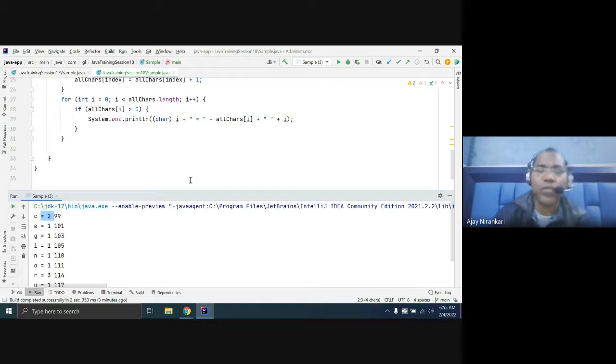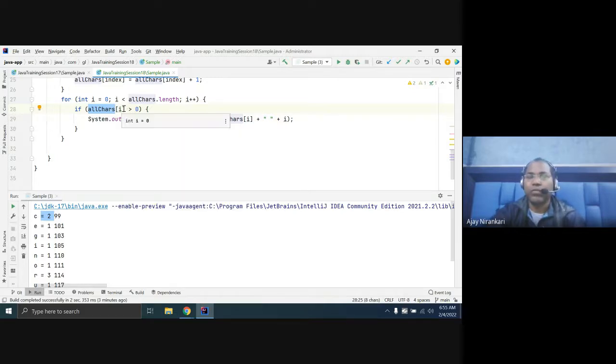Here also I have multiple options. One option: you already have the character array. In this way you can write one method, give me the maximum value. When we study sorting, we know how to find the maximum value and minimum value, right? So you can write one method that gives you the maximum value of an array.